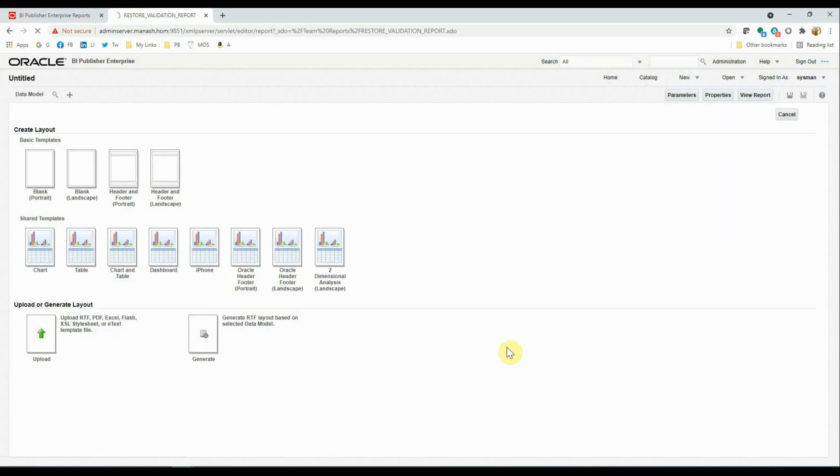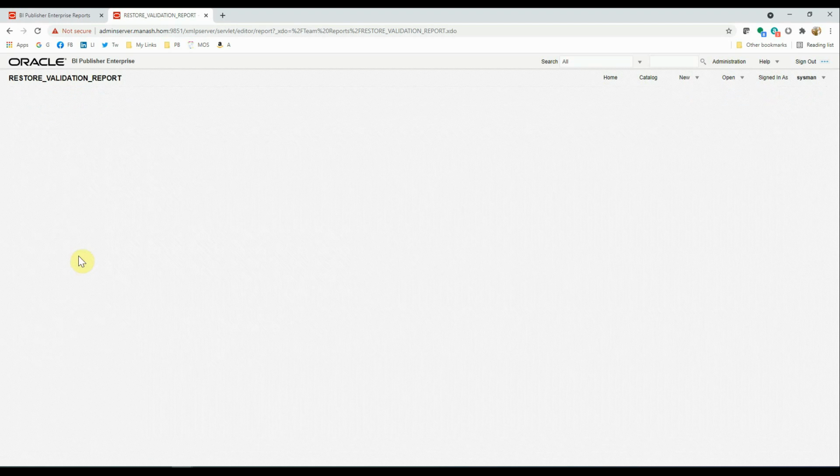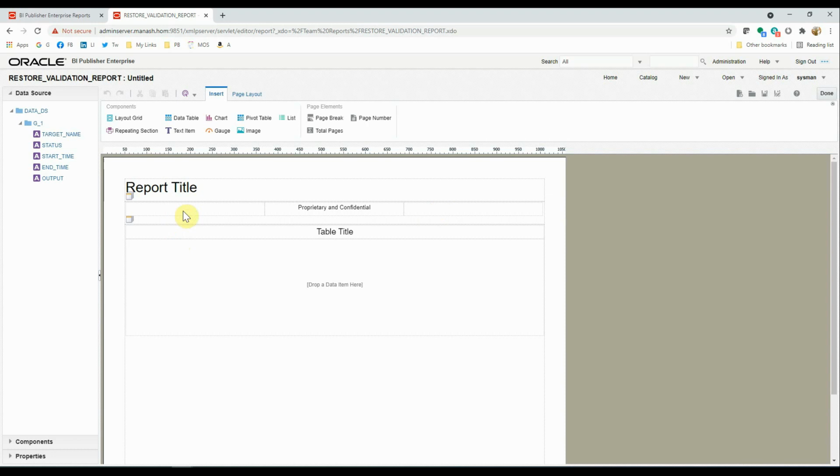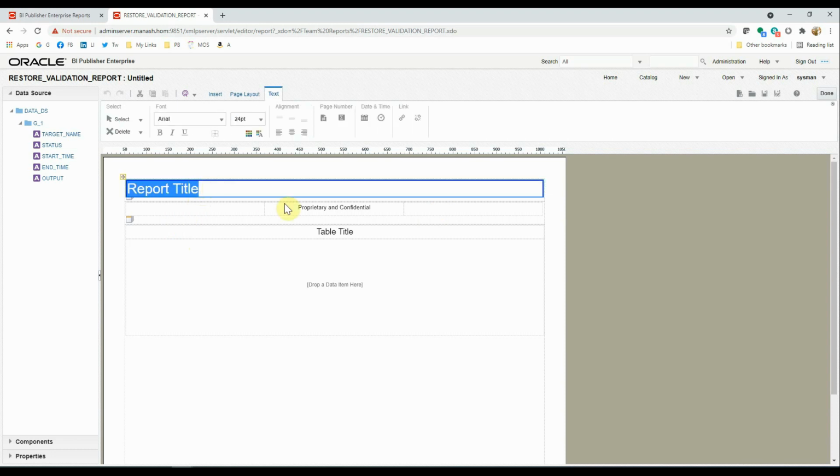Click save. Similarly, we will use a tabular template. Report title will be restore validation,